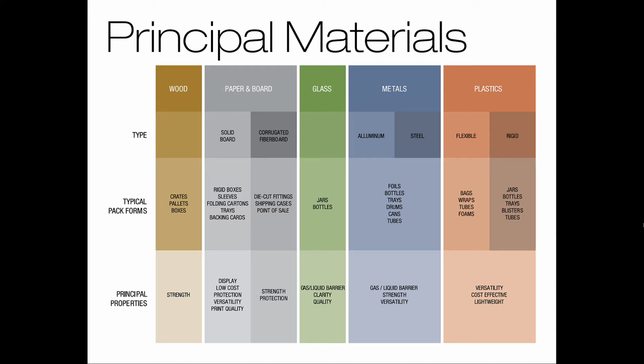Obviously, if you're shipping something liquid, you wouldn't want to try and package it in cardboard. That wouldn't make a lot of sense. So the function comes into play. Also, the cost of production also comes into play. But I just want to show you some examples of each of these. Now, wood,